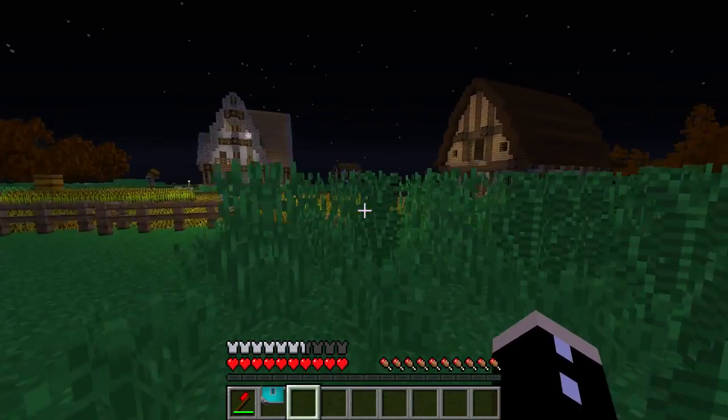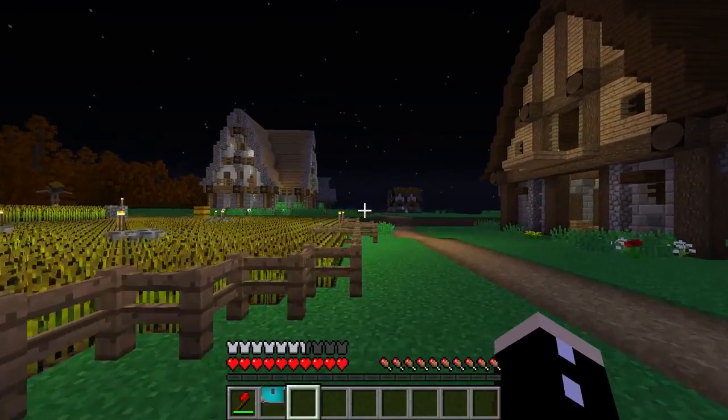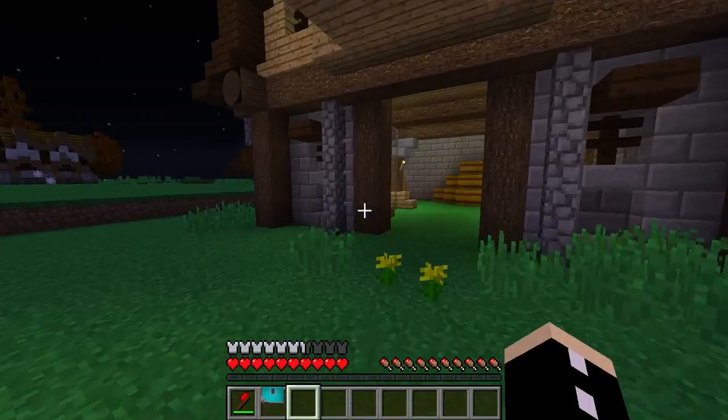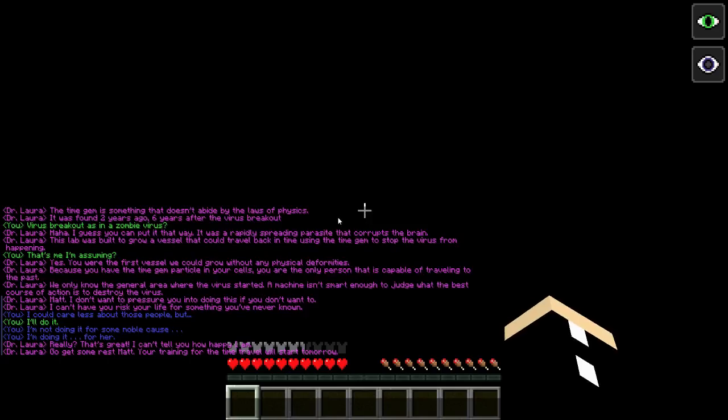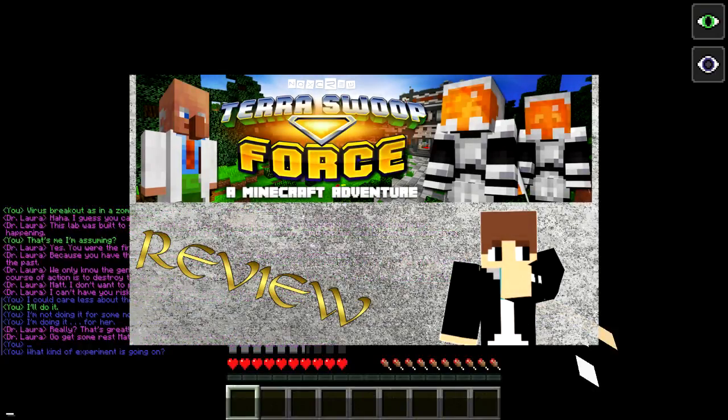Now the first thing I want to talk about is the map's polish. When I say polish, I'm talking about the minor details which separate a good map from a great map. If you want an example of polish done extremely well, I recommend Noxcrew's